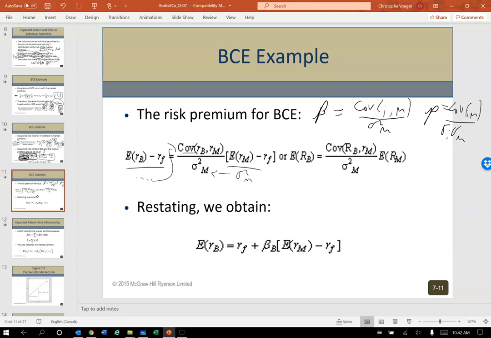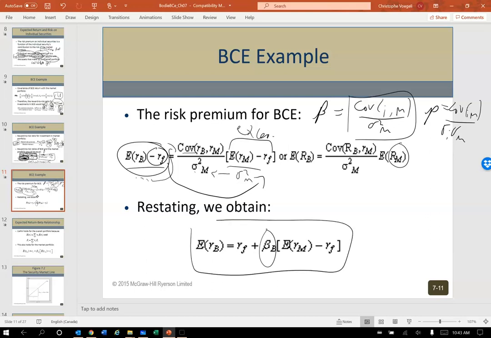So follow these steps along. We get the excess return of the investment, covariance divided by the variance of the market. Looks just like this. And that's how we end up getting beta. And then here is the excess return, which they call a capital R there. And then we move this risk-free over. And basically we end up with this, which is CAPM.